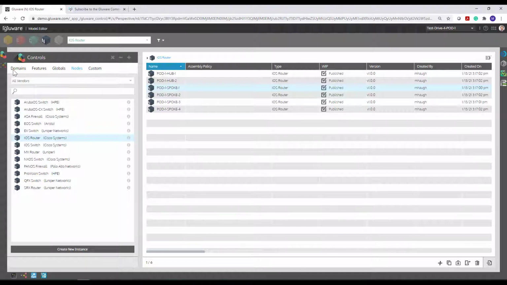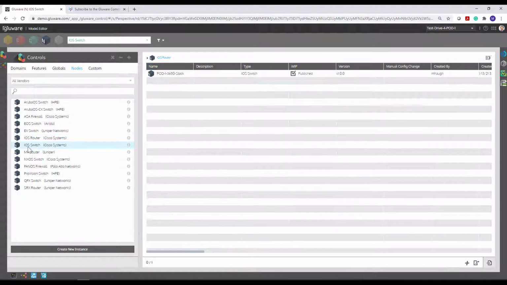As you browse across domains, features, globals, nodes, in the high-level nodes view, this information is showing you all of the vendor adapters that are installed into this instance. If I navigate to IOS switch, it shows me all the IOS switches. If I navigate to SRX router, I know that I have an SRX router in this configuration. So you can navigate from here as well, but